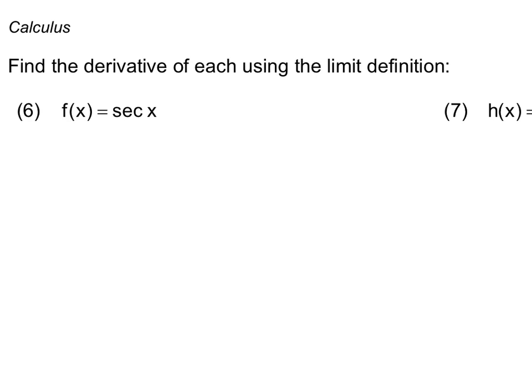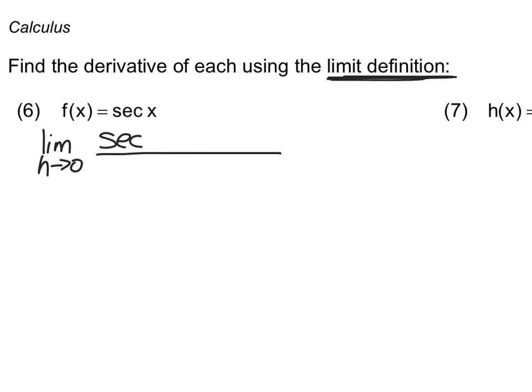All right, so we're going to use the limit definition, and we kind of discussed this a little bit, but I don't think I ever formally stated it. I did indicate that the alternate difference quotient is the best bet when it comes to radical functions and rational functions, but I don't know that I ever actually formally stated that the f of x plus h one is the best one to use when dealing with trig functions. All right, so when you're dealing with any kind of trig function, you're going to want to use the f of x plus h one. All right, so limit as h approaches 0 of f of x plus h,